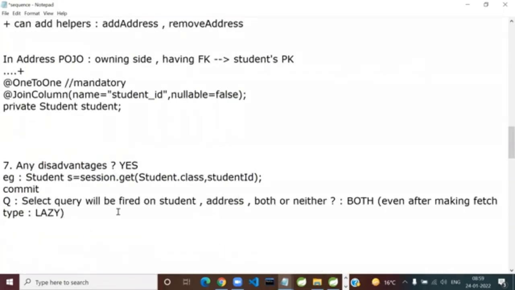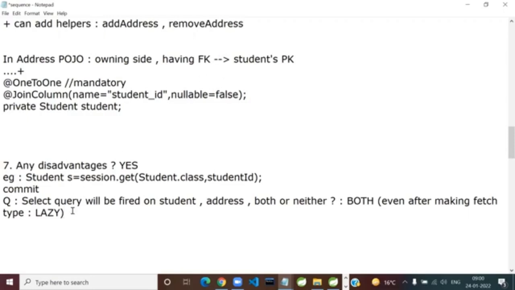So, if your project requirement says that anytime you are lifting a student, I'm talking about student address, you want to lift the address, then this is your go-to solution. But if you say every time I'm lifting a student, I don't want the address, I'll tell you the reason. Address may have a deeper object graph. Address has a phone number, or further things like residence address, office address, hostel address, etc. So I don't want to lift those up.